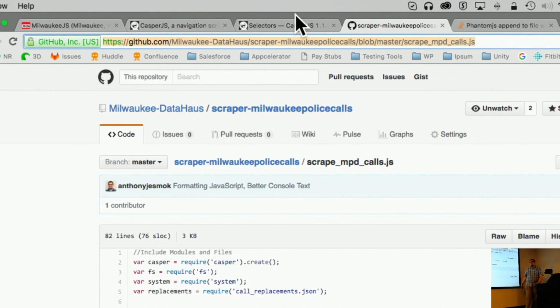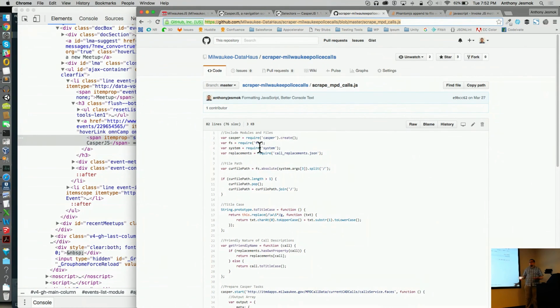Okay, so out of all the scripting tools that are out there, why did you choose this one? What's the major advantage? One thing is that this is open source. I'm a huge fan of the open source community, as I hope you guys are. CasperJS is all open source and community run. For example, there was a service a while back, I forgot the name of it, but it ended up being acquired. It was a web scraping service where you could click to create data sets from web pages.